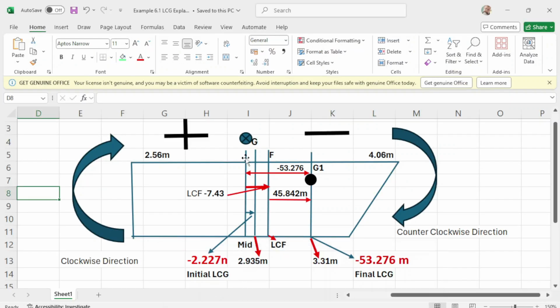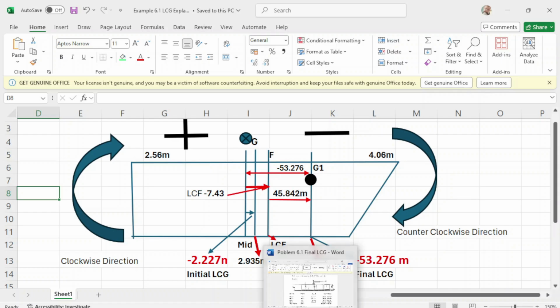If this is your midship, all cargo holds are loaded in the forward part of the vessel, could be 1, 2, 3, 4. If it is positive, then it will be on the aft part, but it says forward of midship.